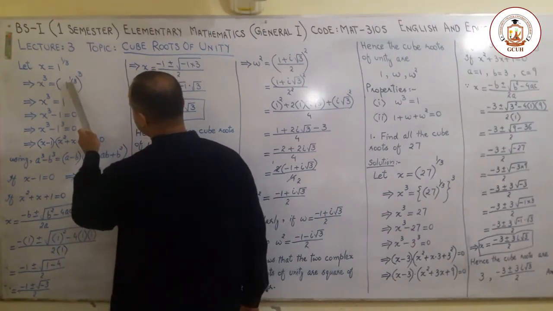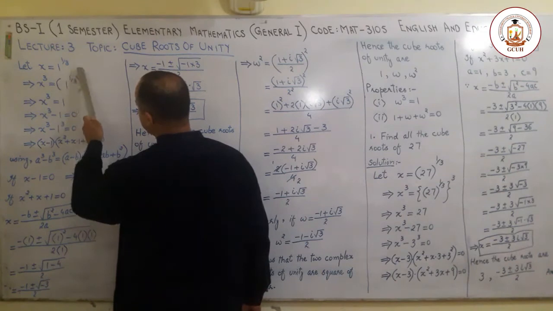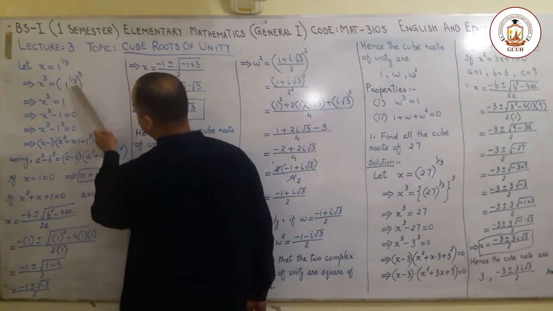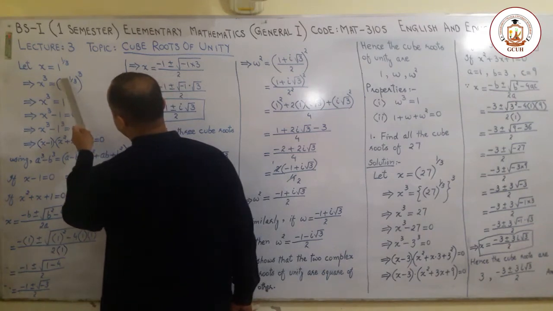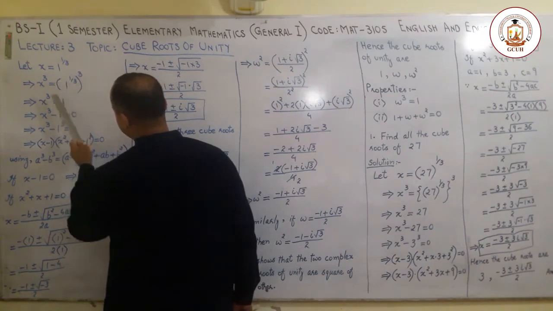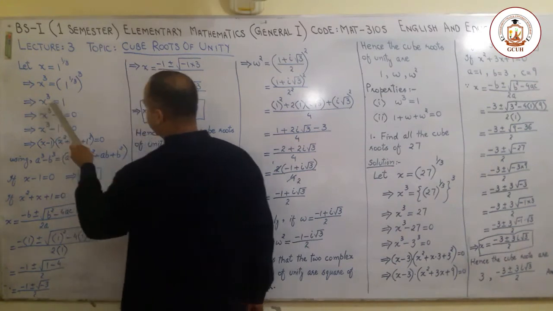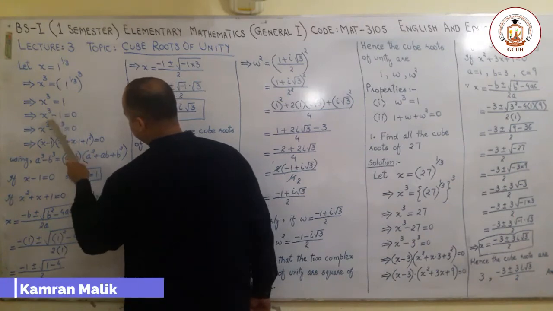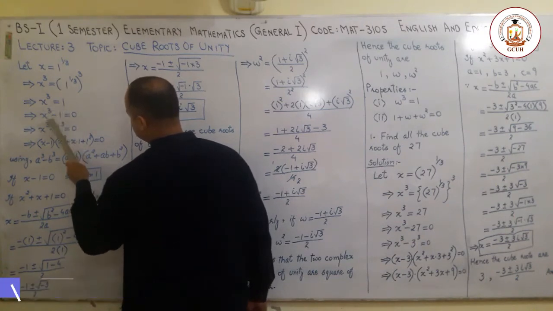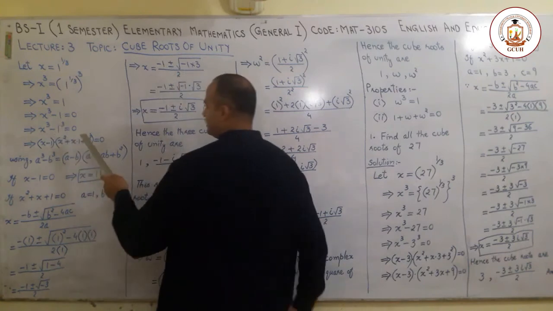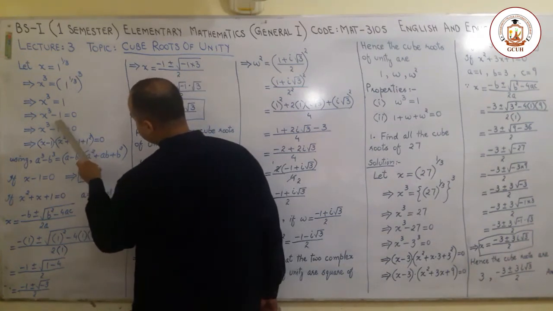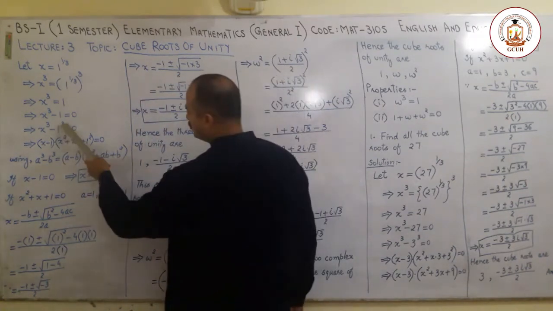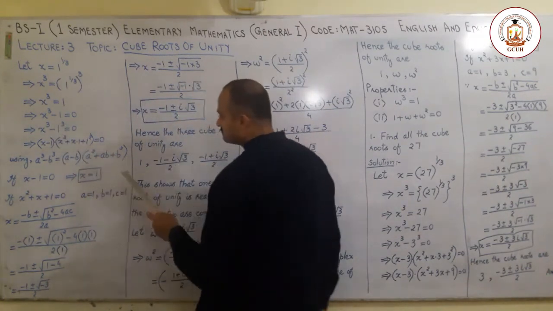Now the powers which are written here will multiply with each other and 3 will cancel here, and the only power which is remaining is 1 here. So in the next step, x cube is equal to 1, and further this 1 is shifted to the left hand side, so its sign is changed here, and we can write 1 as 1 cube. We know that the cube of 1 is again 1.